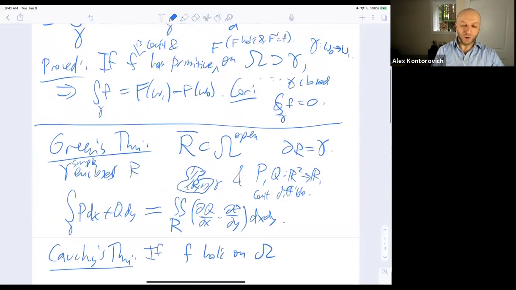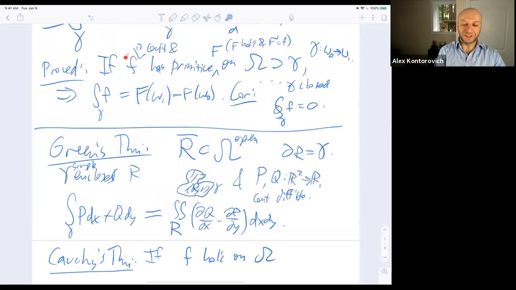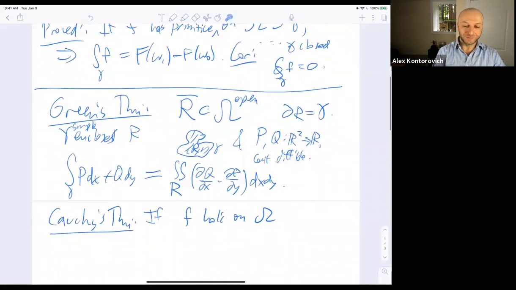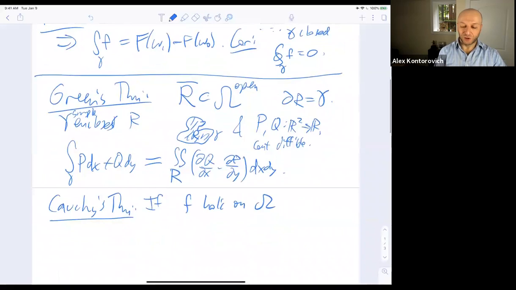So remember, before, all we said was F is continuous and has a primitive. We didn't say F itself was holomorphic. F is just continuous so that I can define the integral. Then the integral over a closed curve is 0. And this is much more general. This is going to say F is holomorphic on omega, which contains a closed region, and the boundary of the region is omega. Then,